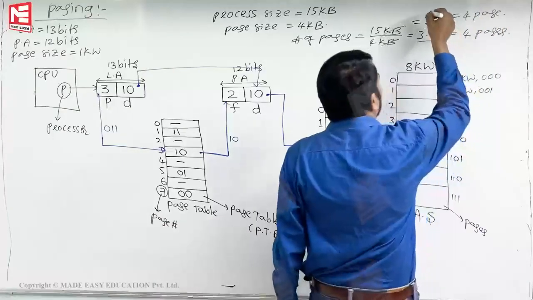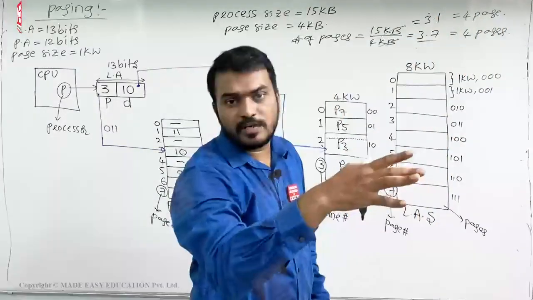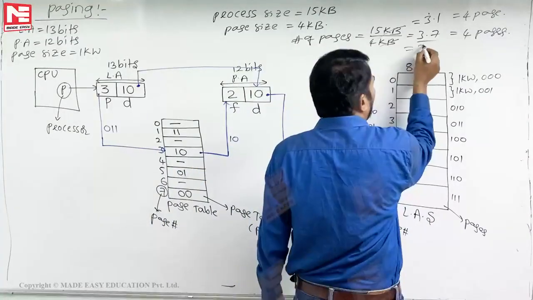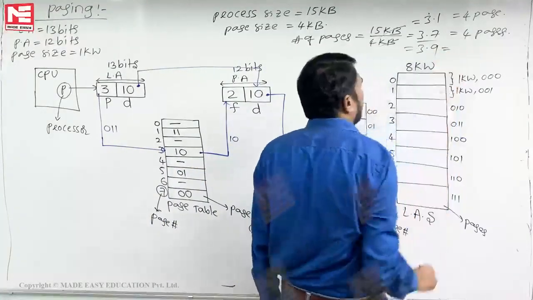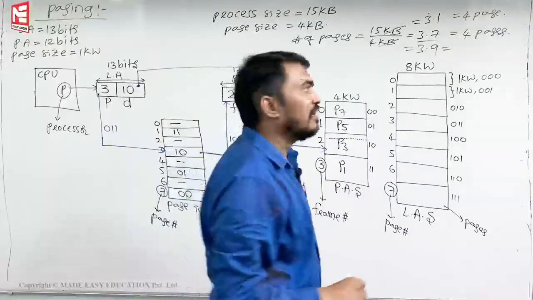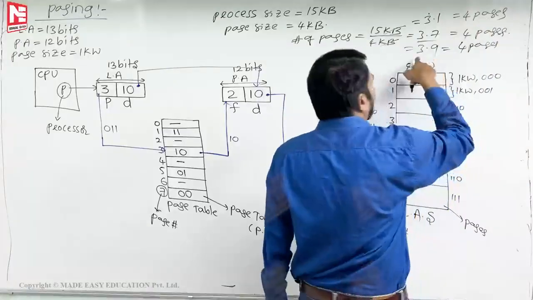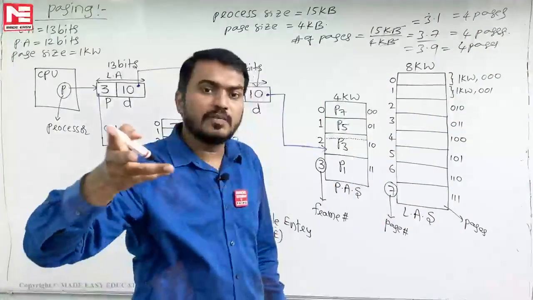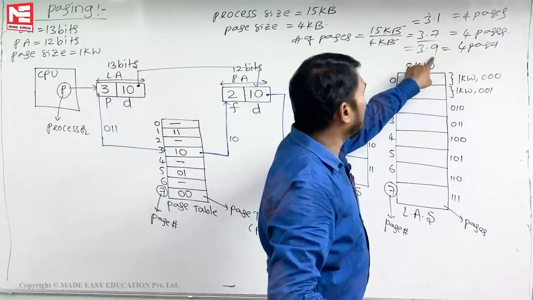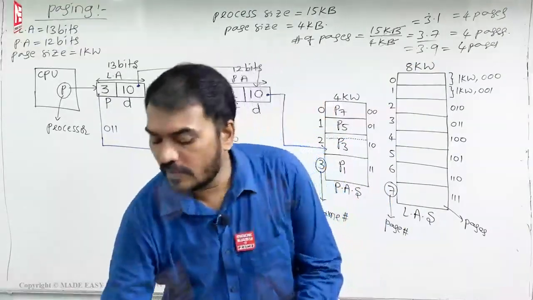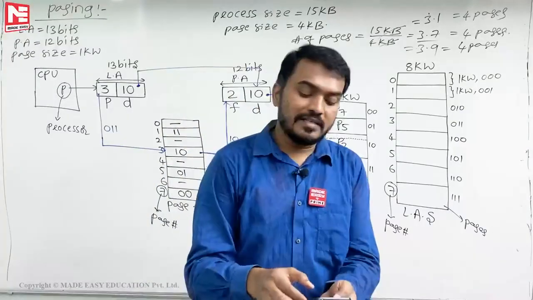ओके, इसका मतलब 3 pages तो पक्का full है और last page में 10% full है, 90% खाली है। अगर ऐसे ही divide किया मेरे को 3.9 आया, तो भी 4 pages ही लेना पड़ेगा। इसका मतलब 3 pages पक्का full रहेगा और last, 4th page में 90% full रहेगा, 10% खाली रहेगा, मतलब internal fragmentation होगा।